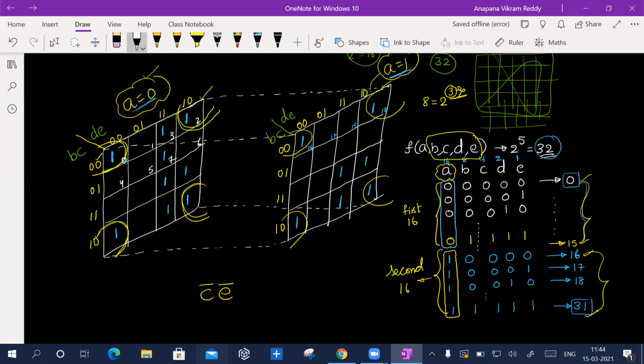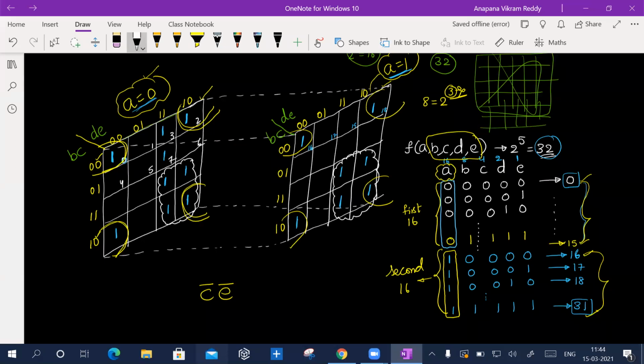Sir, one more octet is there. This one, right? Yes, sir. So I can take this one and with this one. Okay. Now again, I'm going from one K map to the other K map. So A is changing from 0 to 1, so I don't want to take A.